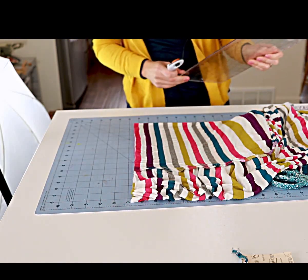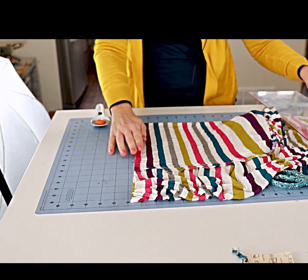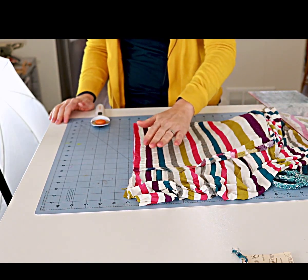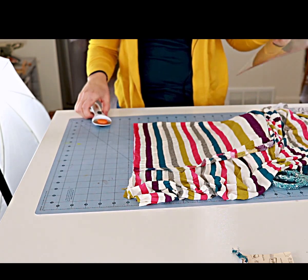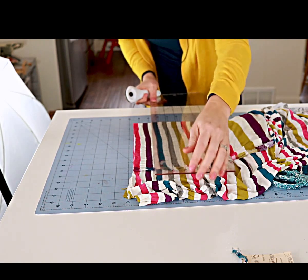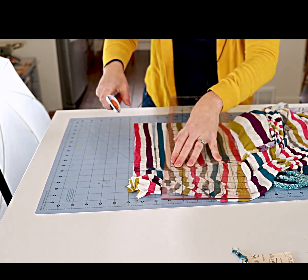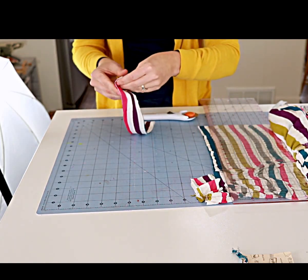Okay, so the other determining factor that you want to consider is how wide you want your neckband. I prefer a narrow neckband. I also think this helps it to lay better along the neckline. So I would suggest cutting your neckband 1.5 to 2 inches, no more than 2 inches. That's my personal preference. So I'm going to cut this one about 1.25 inches. I'm sorry, yeah, 1.75 inches, sorry. Okay, 1.75 inches, and we said we wanted